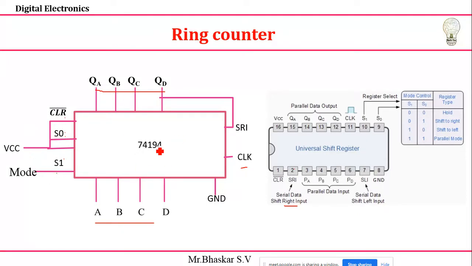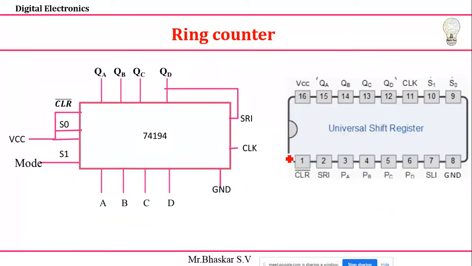So once I got this circuit, I want to define the pins. That is very important because I'm going to use the IC74194. So now I'm going to define the pin numbers. How to define? You tell me the pins of A, B, C, D. These are inputs, so write 3, 4, 5, 6. Next, what is the ground pin number? I'm going to use pin number 8 for ground.